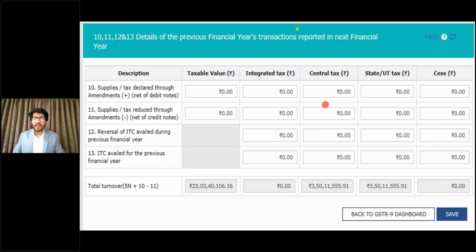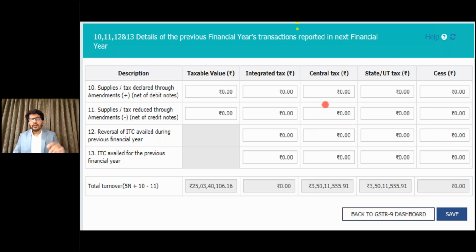Now we come to part 5 of annual return, which is the most important. As you all know, GSTR 9 consists of a particular year and the Act allows us to claim credit even in next year up to the due date of filing of return of September. So where shall I report my ITC which I have claimed in next year? It should not be reported in table 6, it should be reported in table 12 and 13.